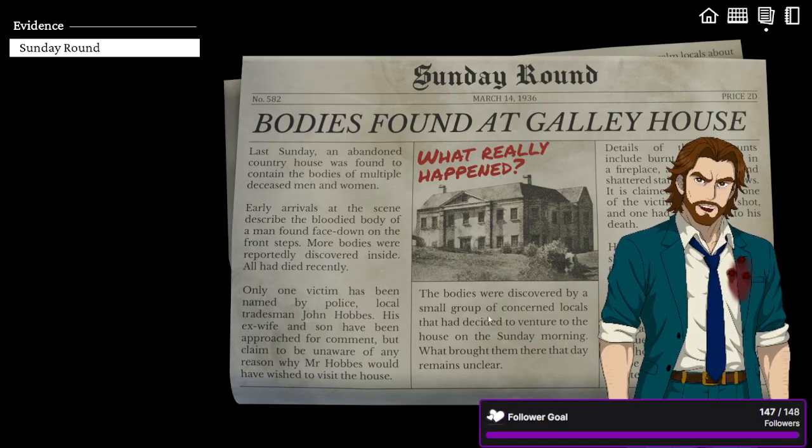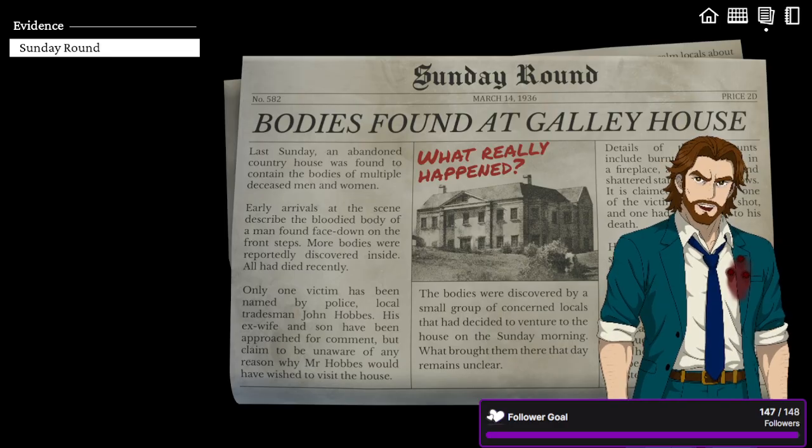The bodies were discovered by a small group of concerned locals that had decided to venture into the house Sunday morning. What brought them there that day remains unclear. Details of their accounts include burnt photographs in the fireplace, a broken doll, and shattered stained glass windows. It is claimed at least one of the victims had been shot and another likely fallen to his death.